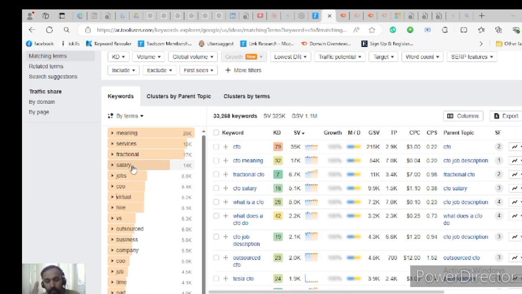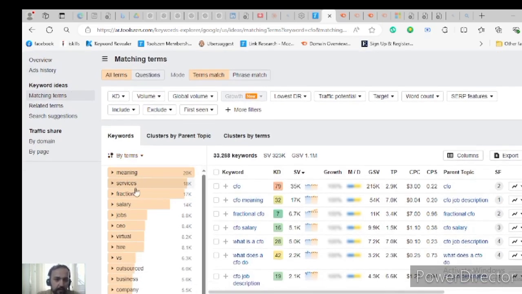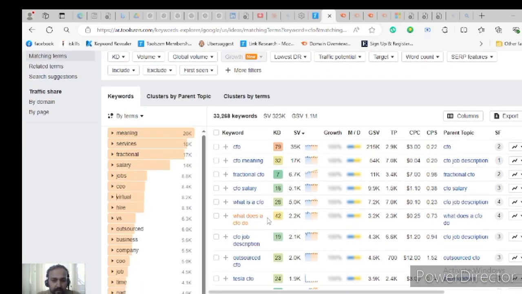So how can you know about the top attribute? These are the tools, and go to the Google search results, you will see. Here I have just searched CFO. So see the meaning, CFO salary, CFO job, they are the top attributes. And these are user behavior. People are searching what is a CFO, what does a CFO do. Maybe you find a query where the spelling is wrong, but it is still a query search, a user behavior. So you have to see it from that perspective.